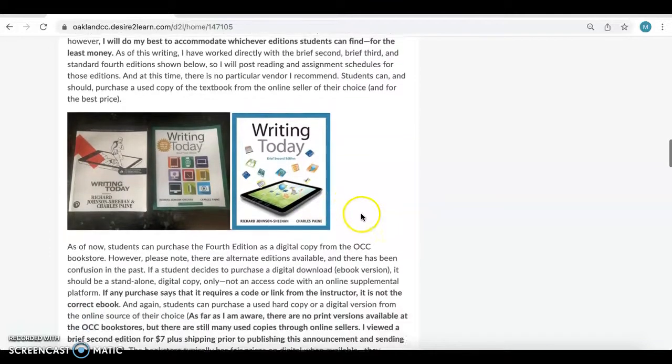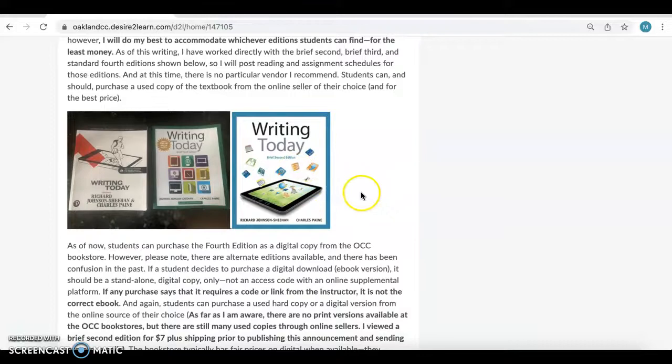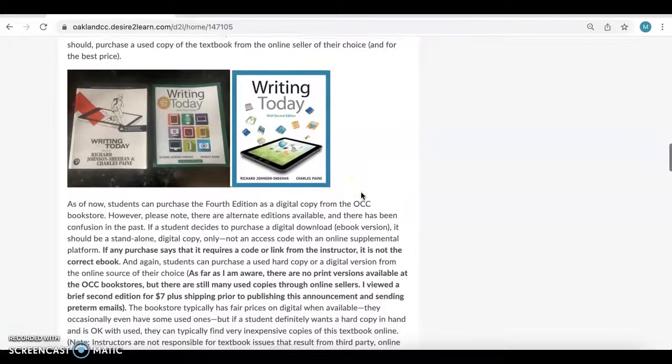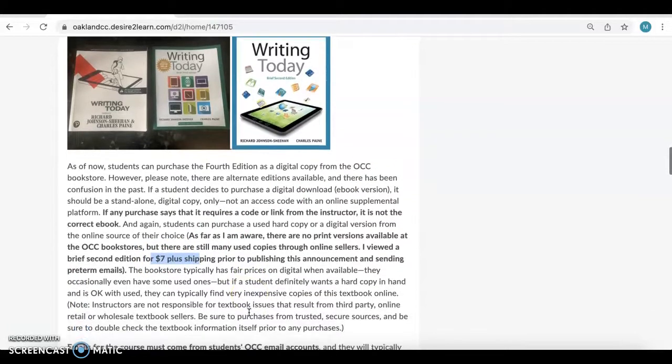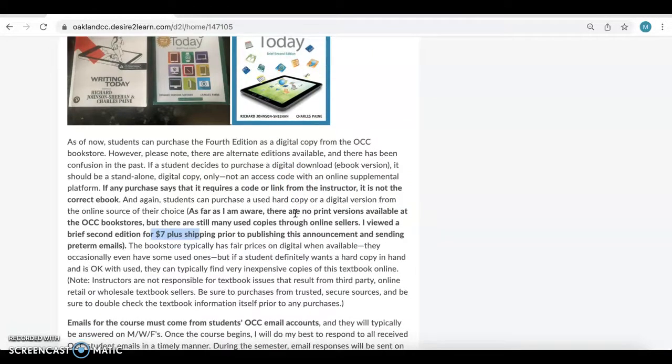So I did have students able to find the second edition this term for around $4 plus shipping, so a little lower than what we ended up having here. For those of you who had to pay more, I know they go up as high as $60, $70 for used copies as the semesters go on, but that's why I try and send those out a few weeks before the class starts.